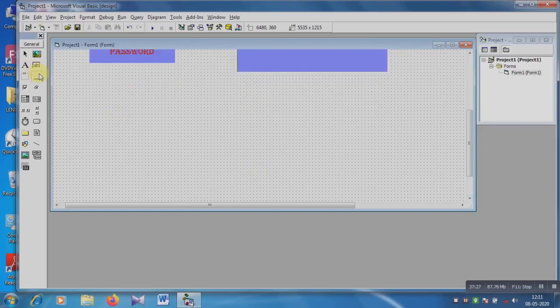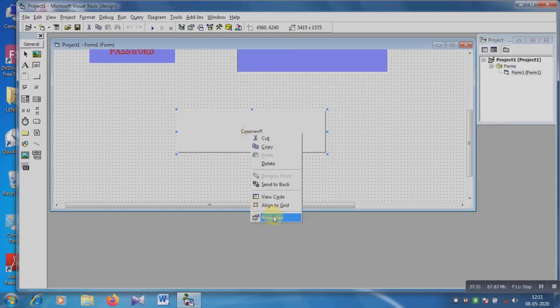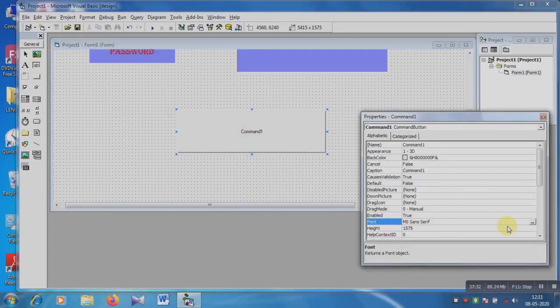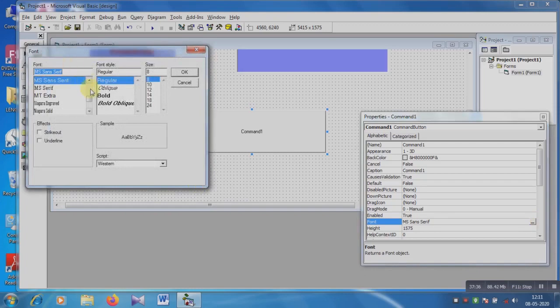So click on command button option and place here, this is command button, and I am opening the property window. Font, first font is selected, so I am changing the font style.